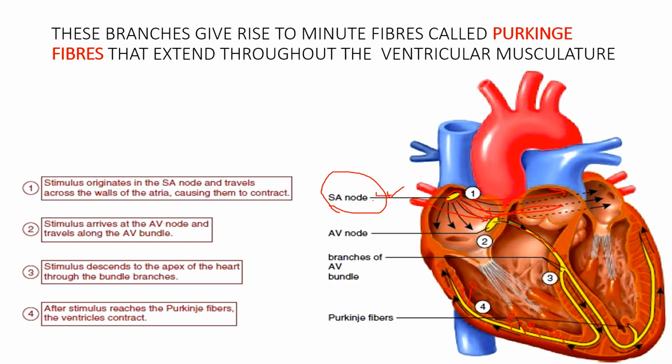So this is how we can observe the conducting system in human beings. The human heart is considered a myogenic heart, not a neurogenic heart. These nodal tissues are not nervous tissue. Nodal tissues are modified cardiac musculature. The sinoatrial node, atrioventricular node, bundle branches and Purkinje fibers are all modified cardiac musculature.